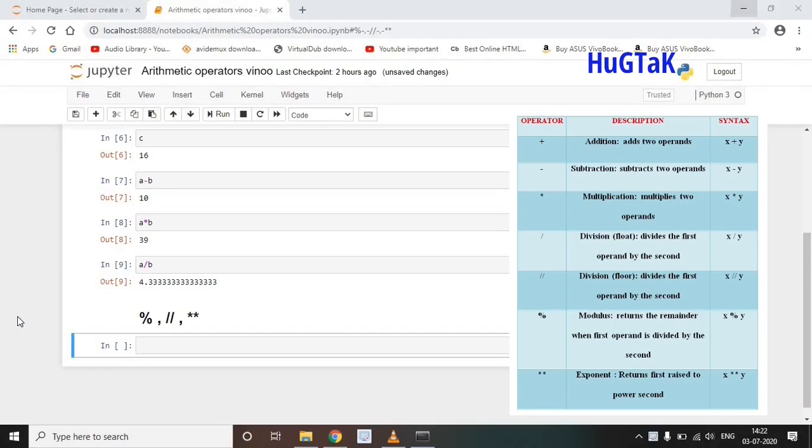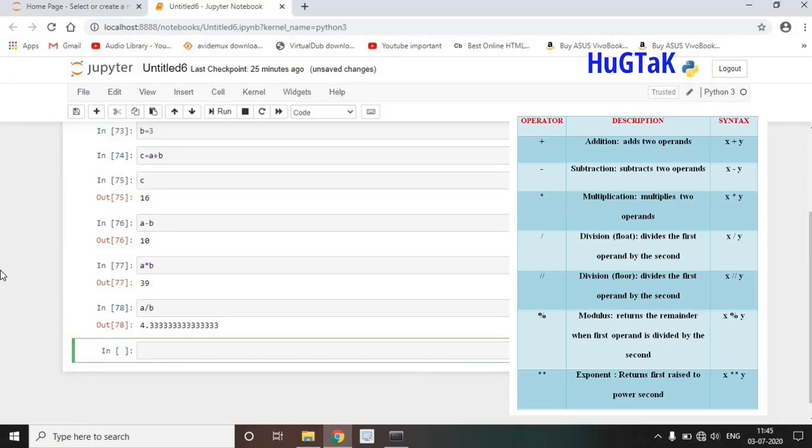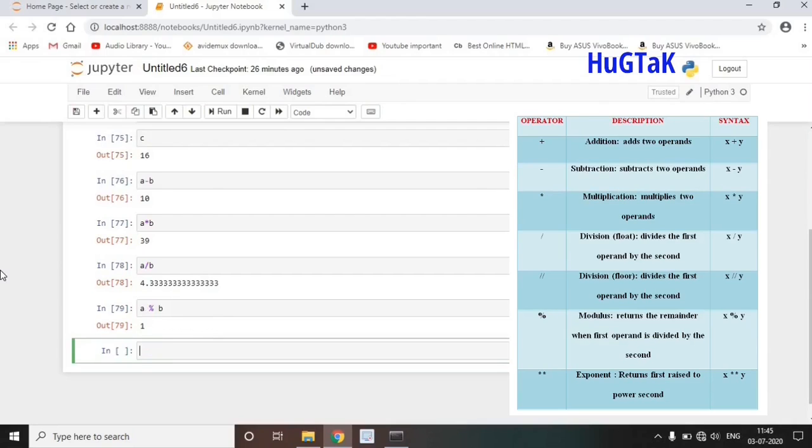Now let's talk about some advanced arithmetic operators. The first one is the modulus operator. The modulus operation displays the remainder of a division, and we use the percentage symbol for that. For example, A percent B, I can see the result is 1.